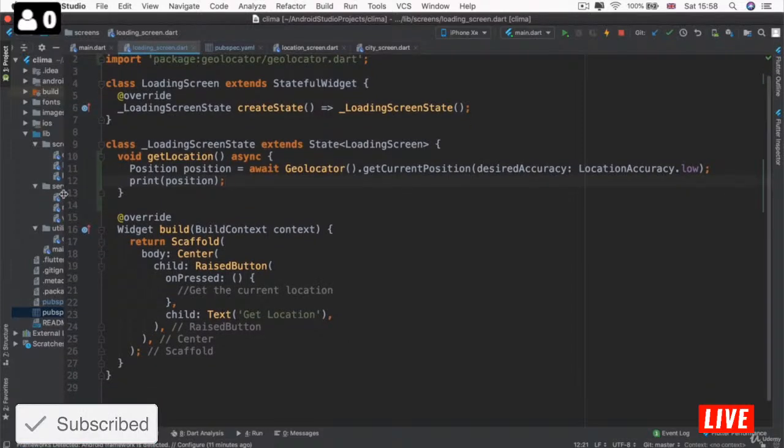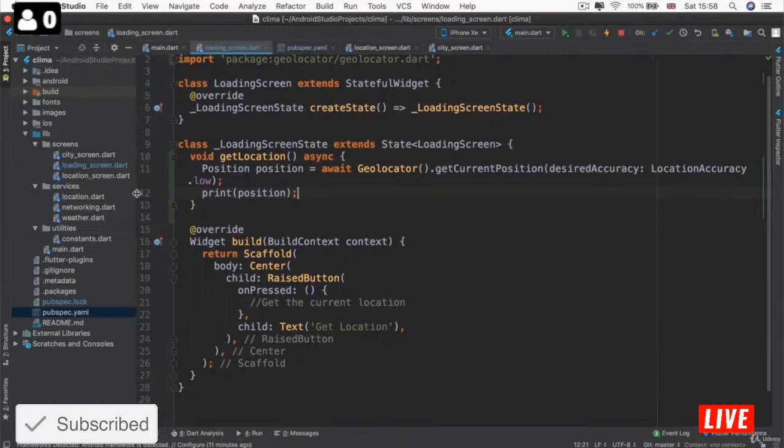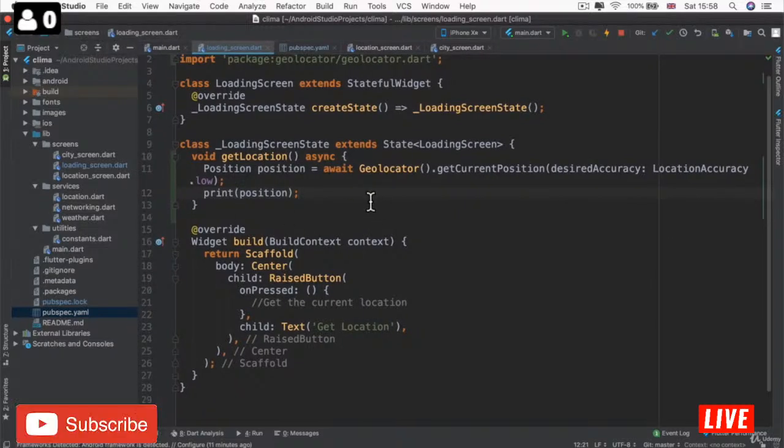Now, there's just one more step that you have to do for this to work, and that is to ask the user for permission to get their current location, because you don't want apps to just tap into the user's location without them knowing, because that's kind of dangerous. And both on iOS and Android,